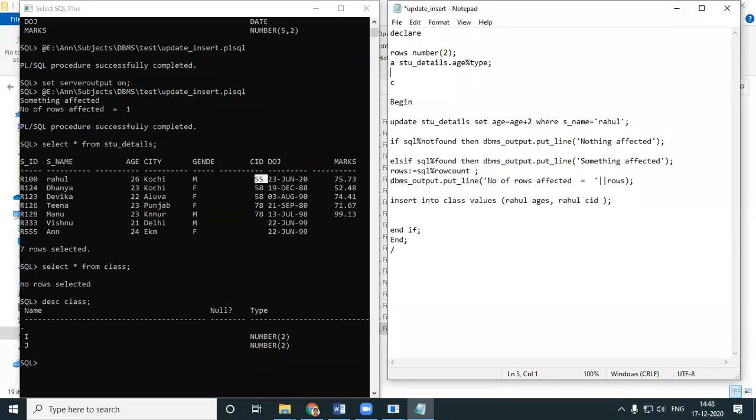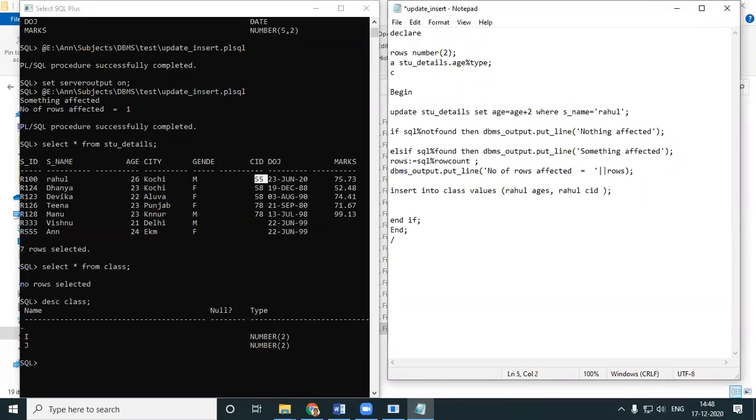I even have CID. I'll just copy paste. STU_details.CID. So I've got both those variables.